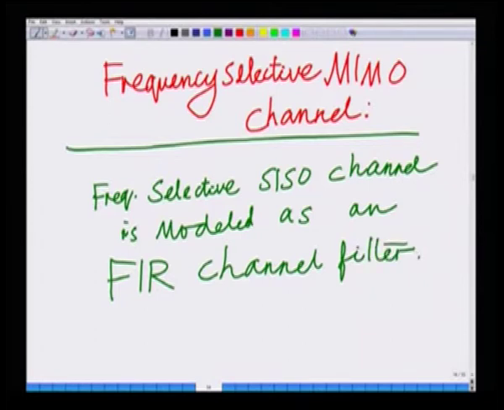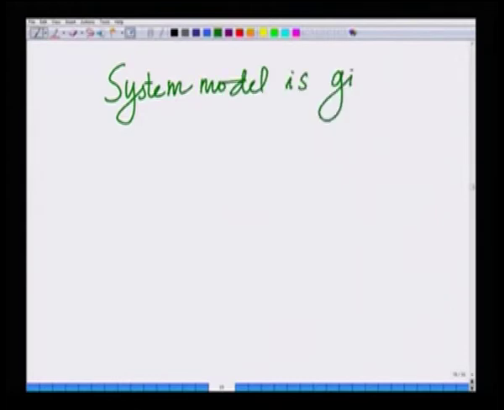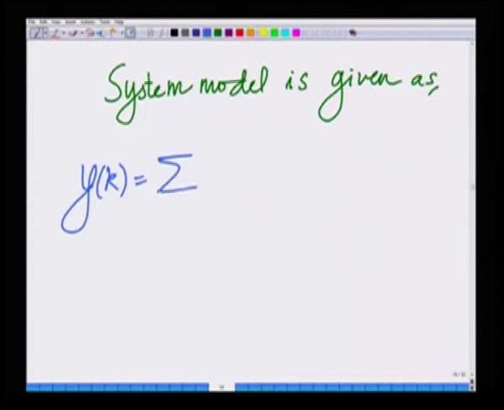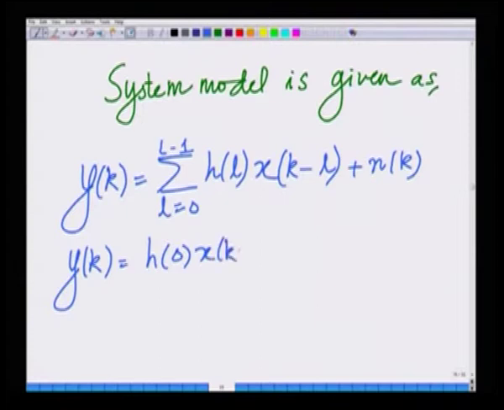In fact, the system model is given as y k equals summation l equals 0 to L minus 1 h of l x k minus l plus n k, which essentially translates to y k equals h 0 x k plus